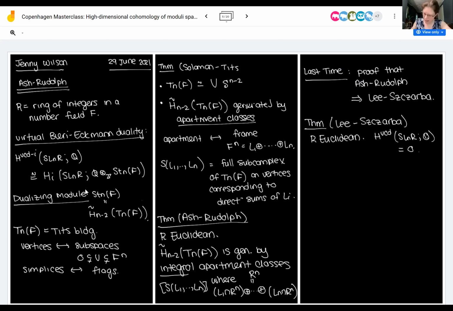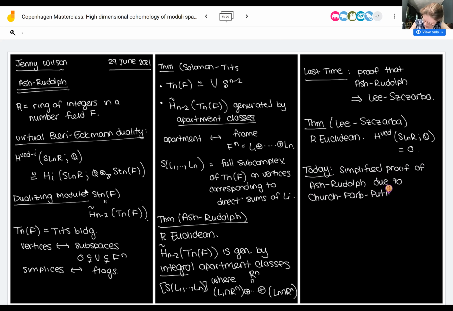Okay, great. Well, in that case, we can move on to today's goal. So today, the goal is a simplified proof of this theorem of Ash and Rudolph due to Church, Farb, and Putman. Okay, great. So in order to proceed with this proof,